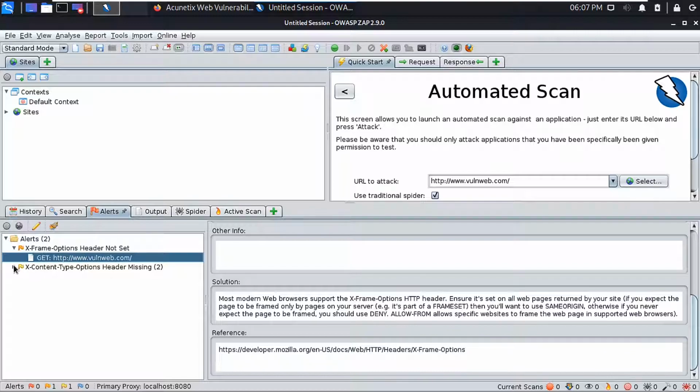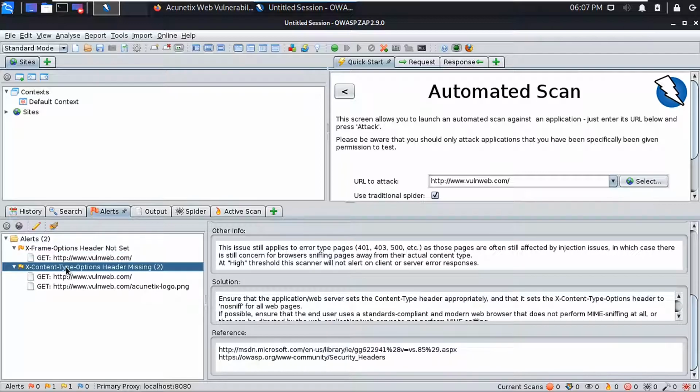And here is one more type of vulnerability which is showing that the X-Content-Type-Options header is missing, and this vulnerability is present on two web pages, no, not one web page, and this is a logo, I think.